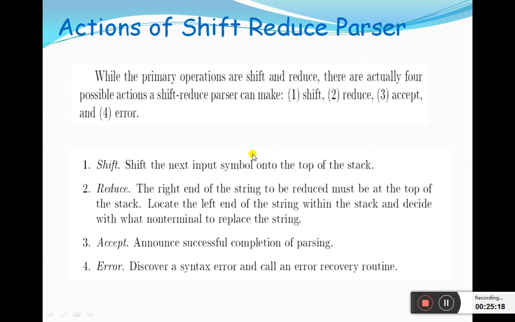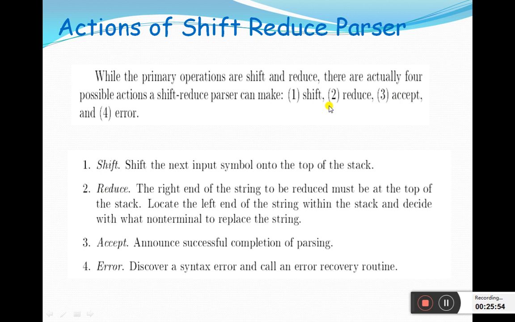What are the actions of a shift-reduce parser, or in general bottom-up parsers? The same actions also hold good for the simple LR parser, lookahead LR parser, and canonical LR parsers. While the primary actions are shift and reduce, there are actually 4 possible actions a shift-reduce parser can make: 1 shift, 2 reduce, 3 accept, 4 error.